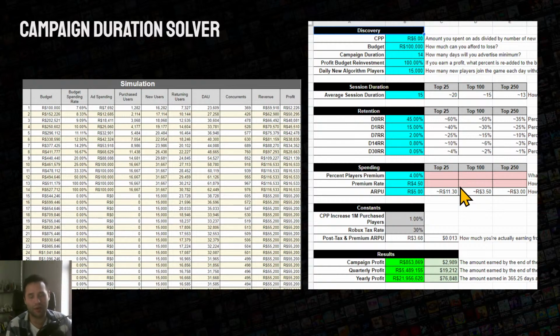I guess in fairness, if you have a top 25 game and you have a good cost per player for advertising, like 6, every time you spend $1 on advertising, you get $2 in revenue. So in their case, it actually does make sense. But for everyone else, the top 100 people, it does not make sense. The top 250 people, it does not make sense. And below the top 250, it does not make sense. You need to have really good revenue for advertising to ever make sense as a long-term business strategy. And so no,